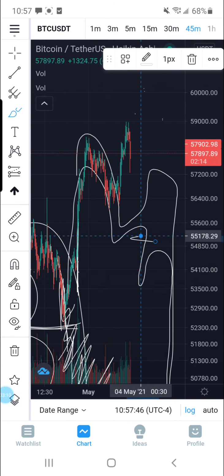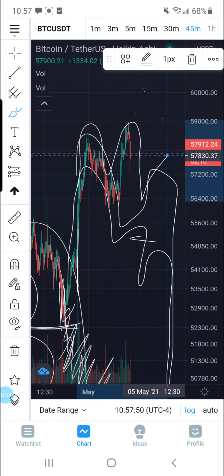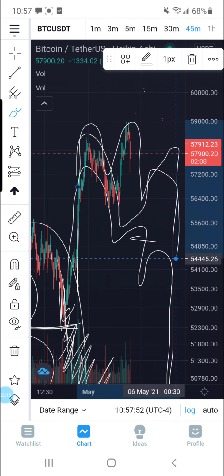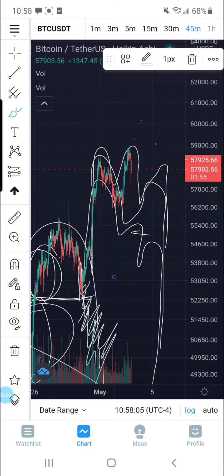So, I mean, if that is in fact a head, and then you come back out. But, like I said, these patterns are hard to tell. They're not easy. And I'm not a financial advisor, like I tell you all the time. Should you take my advice? No. But if the charts are telling you something, and they influence you one way or another, the best thing